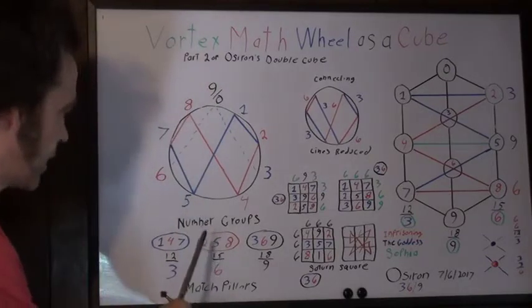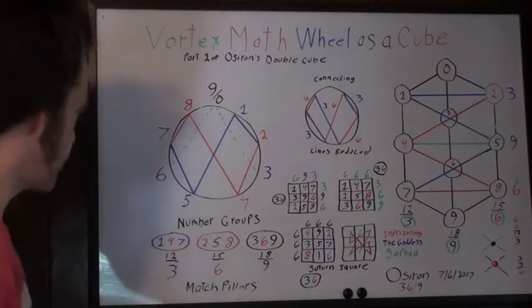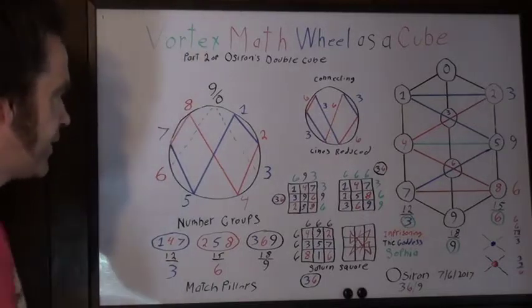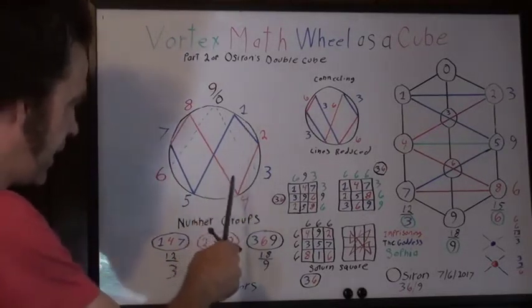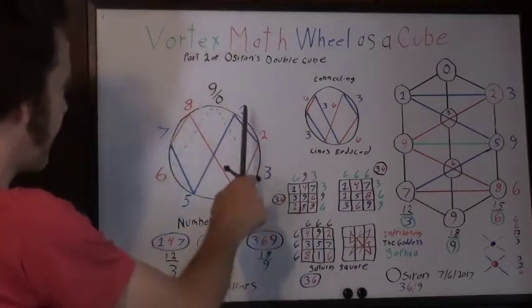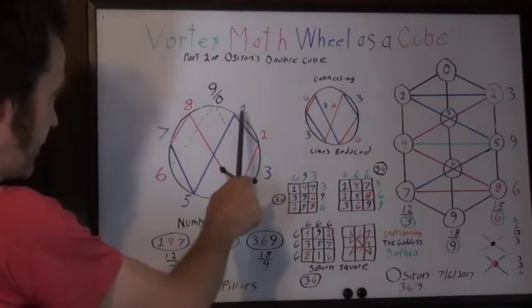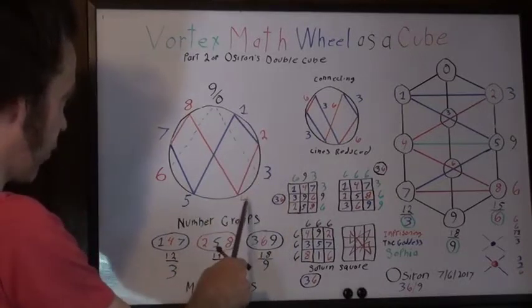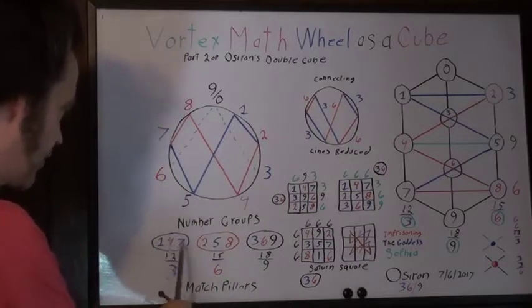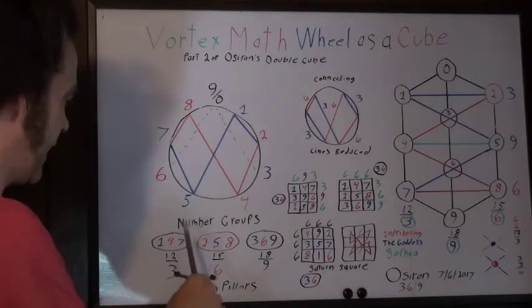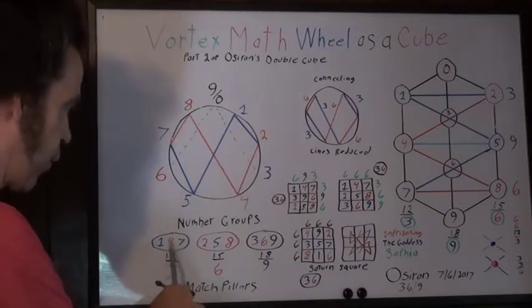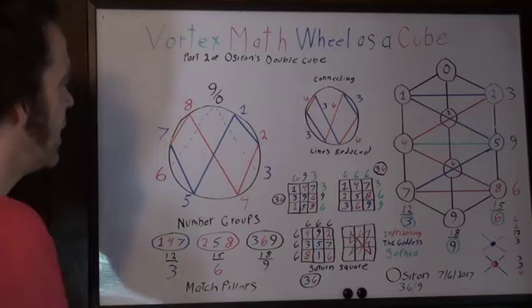And below here you're going to see number groups, and what those are is simply, if you take any of these numbers here, and this works both ways, backwards and forwards, but if you add 3 to it, so 1, then you add 3, you got 1, 2, 3, you get 4. Add 3 more, you get 7, 1, 2, 3. And that is a number group that stays that way. And this goes, if you're going forward, these numbers go forward with 3. But now if you